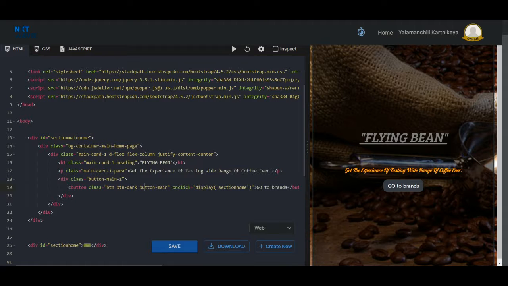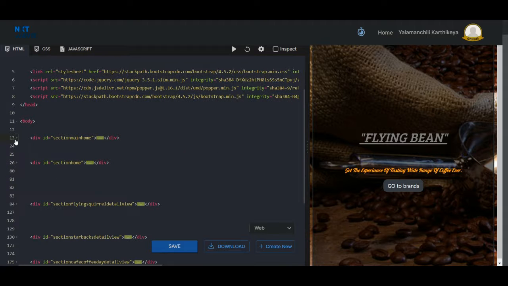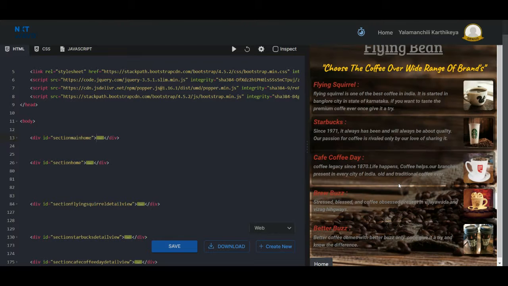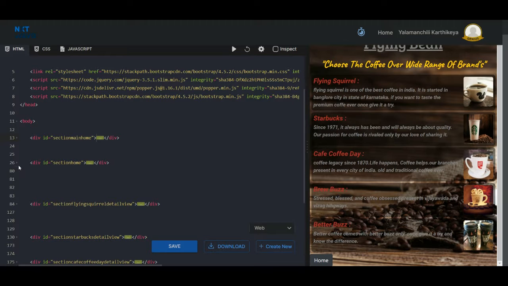That's it about the main home page section. Next, this is the first page. Next, coming to this page, and for that the code is